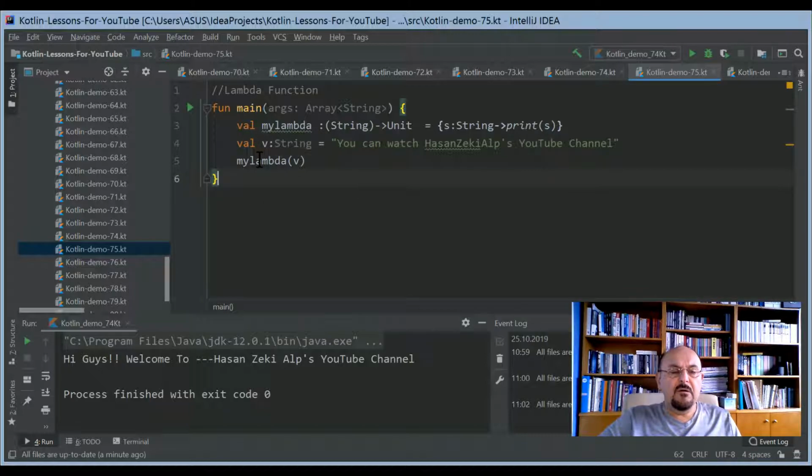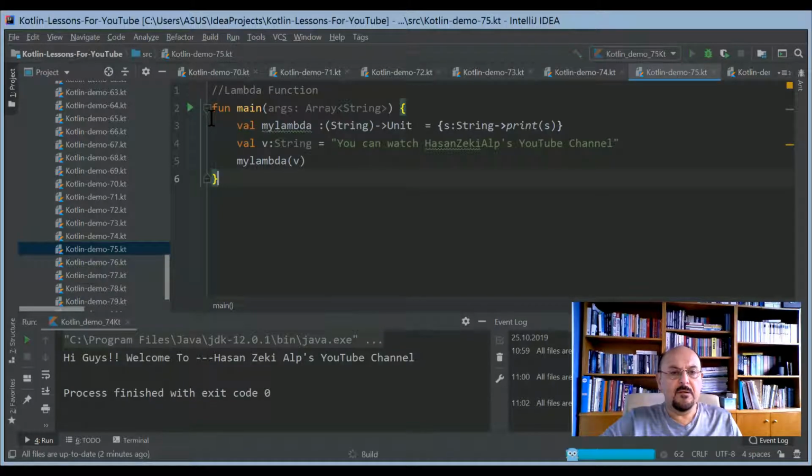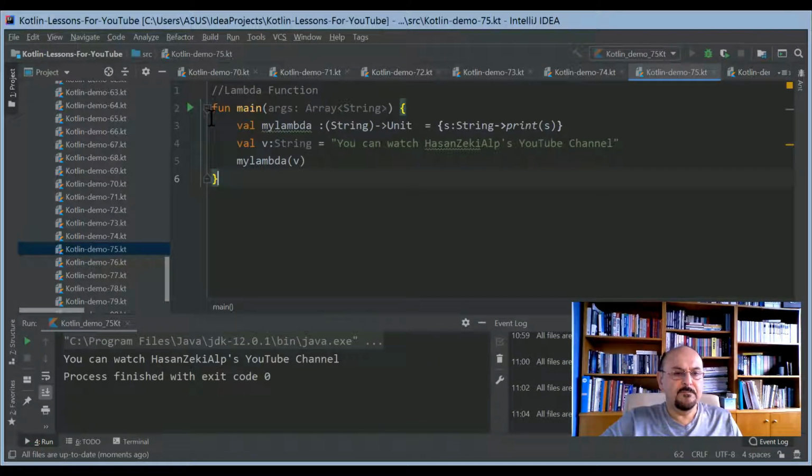So I define another val, so as to be v, a string. You can watch Hasan Zeki Alp's YouTube channel, and I define here my lambda v. Okay, as we expected, you can watch Hasan Zeki Alp's YouTube channel, and the return code is